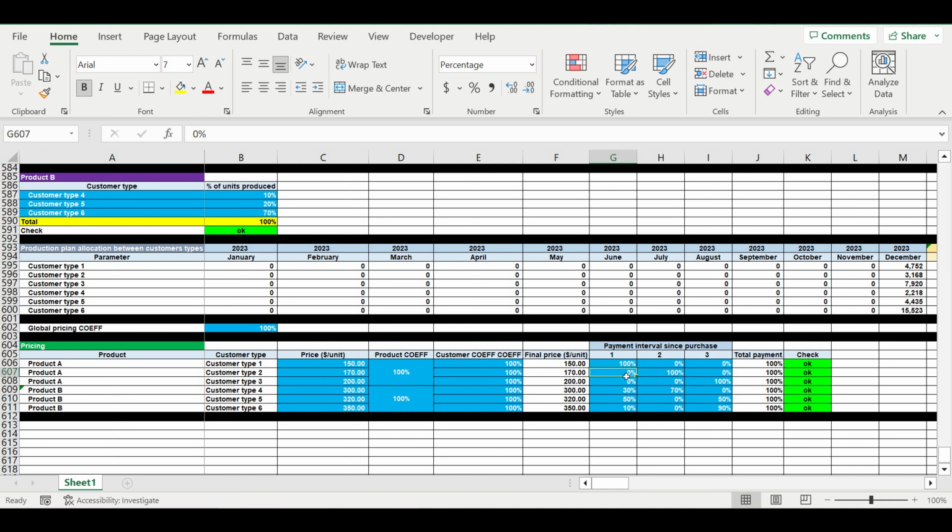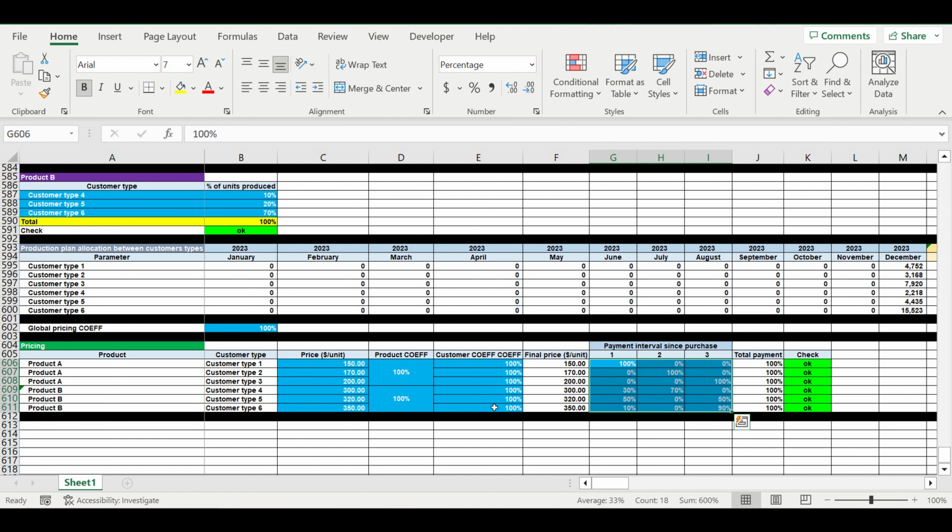This type of customer pays us everything in the next month from the moment when we sell the products. This type of customer pays us everything in the 3rd month from the moment when we sell them the product. So we can play here, we can describe the algorithm of payment in these